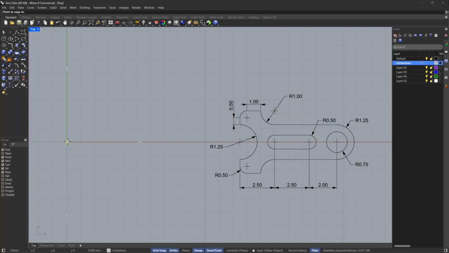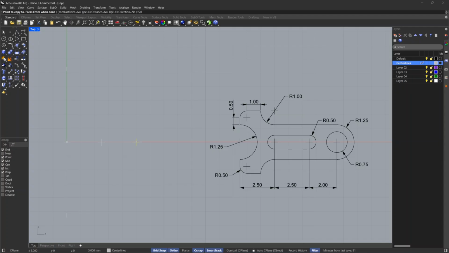For point to copy to, type 2.5, comma, 0. Then press enter. For point to copy to, type 5, comma, 0.